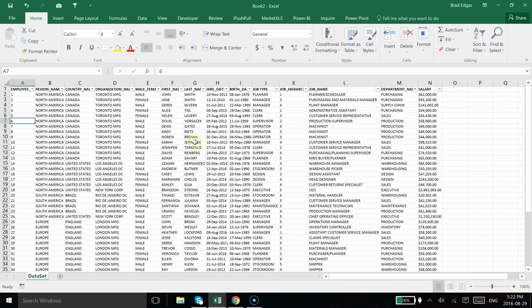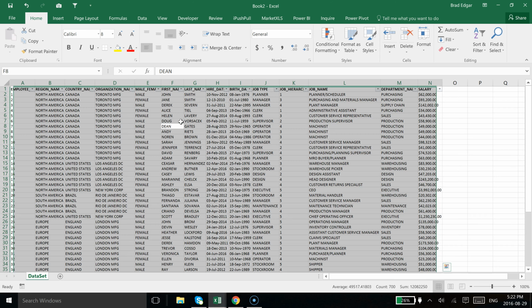So in this case here I have an HR salary data set, and what I'm thinking I want to do is I want to highlight either the region name. I'm going to start with the region name actually. So we're going to highlight the region name using a slicer based off of the selection of the user of the spreadsheet. So the first thing that we're going to do is we're actually going to select the entire data set by clicking Control A, and I'm currently on a specific cell within the data set,